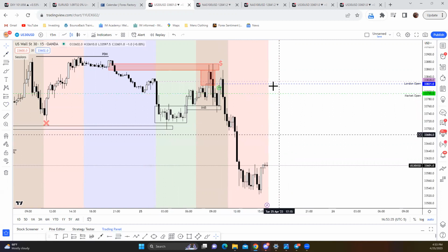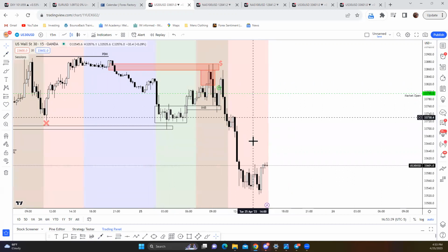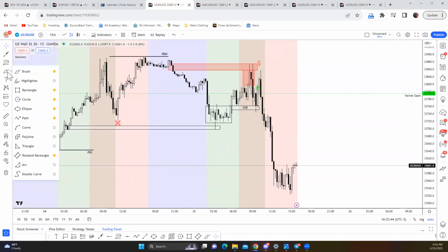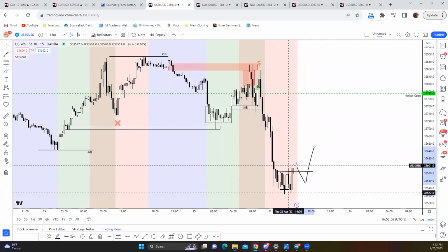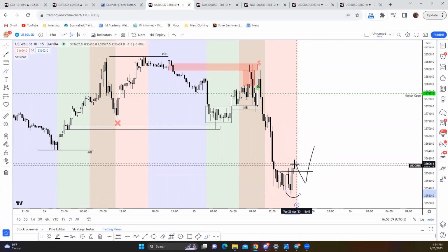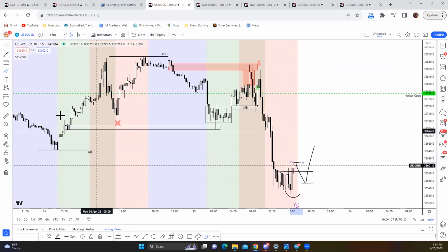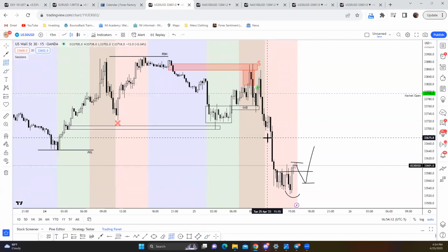So the previous London opens don't matter anymore to me, just the market open. Price can always revisit the market open. The same thing I was saying with Dow, or excuse me, with Nas, is maybe price has already made the highs, breaking out of the accumulation. So maybe price revisits this area, the structural low. And then from getting from here to here, you secured at least 1 to 3% of your account, maybe 1.2. And then looking at this first imbalance right here,